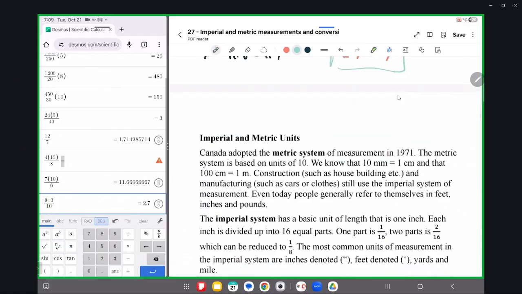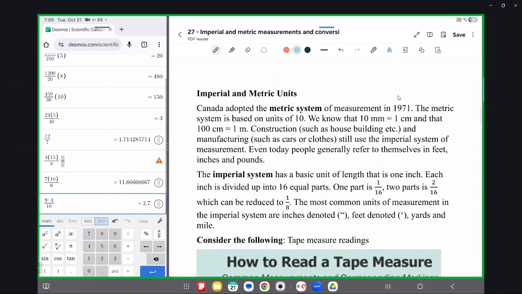Canada adopted the metric system. So we've been using this for about 50 plus years. The metric system is based on units of 10. So we know that there are 10 millimeters in 1 centimeter, and that there are 100 centimeters in 1 meter. We also then know, consequently, that there's 1,000 meters in a kilometer, because it's based on powers of 10. However,